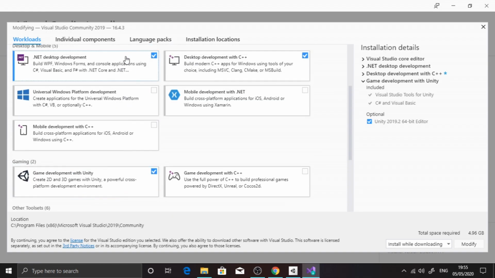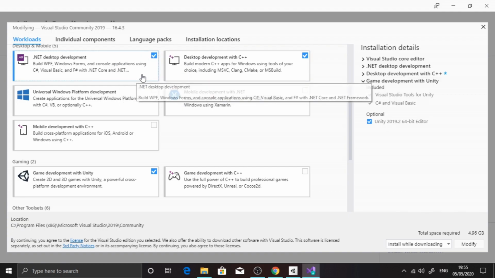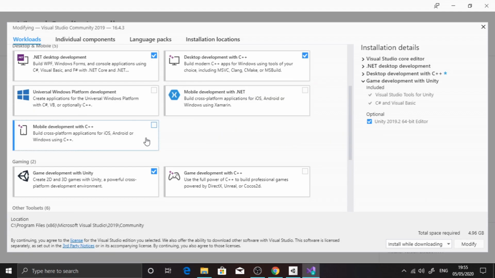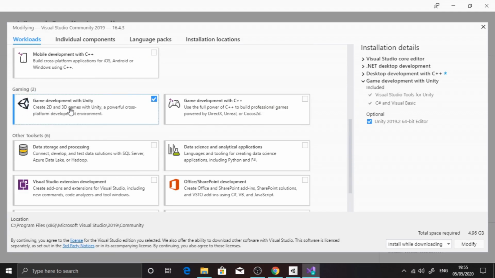You don't need to check these two since they are required for desktop development with C# and C++. Just make sure you check game development with Unity under the gaming section and just click on the install button, which will be here for you. For me it's modify because I have already installed Visual Studio. So go ahead and install it.